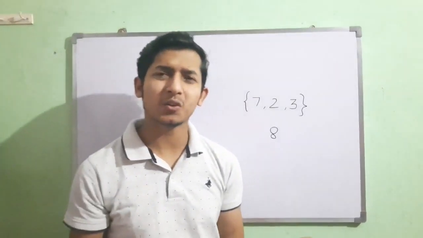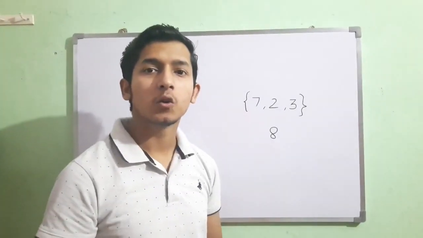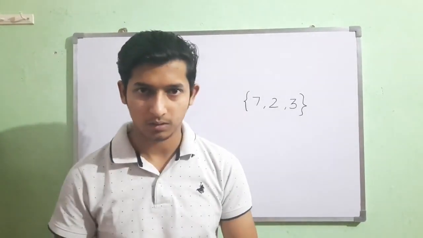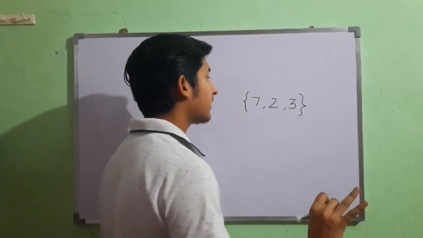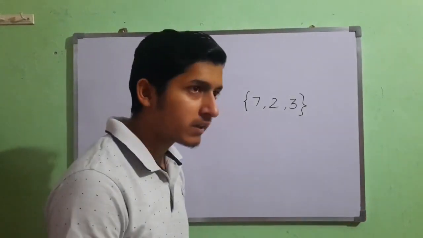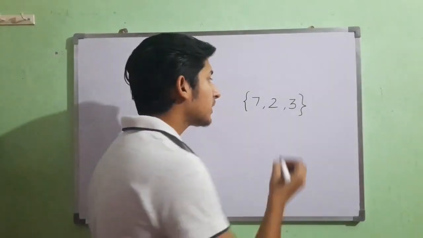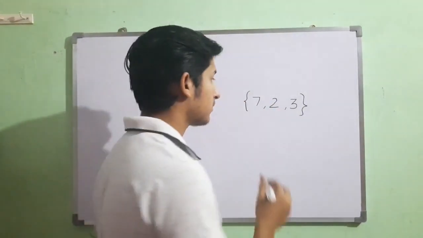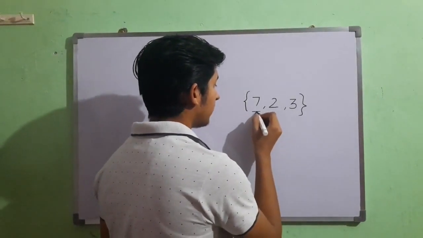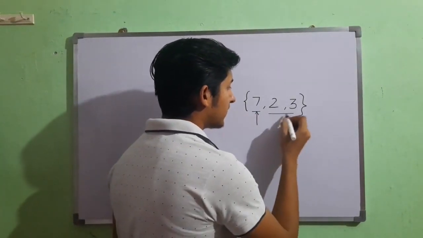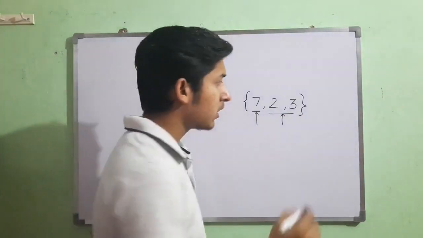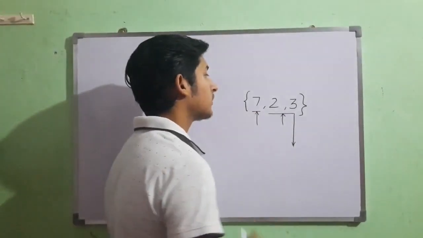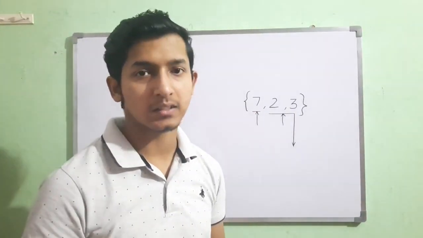Now what is the meaning of a standard system? Till when can we go with the greedy approach? How can we find whether the greedy approach will work or not? Whenever any greater value can be formed by using smaller values, the system is standard. This value can be found by this, not an issue. But this value can't be found by 2, so this is not a standard system.